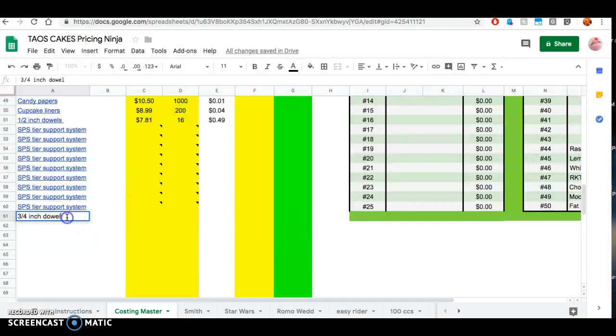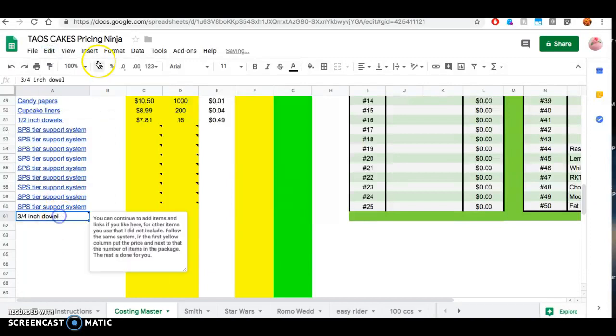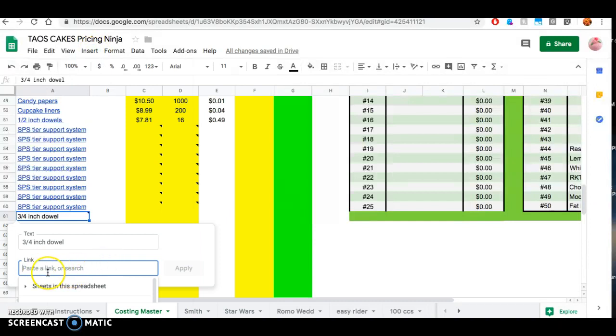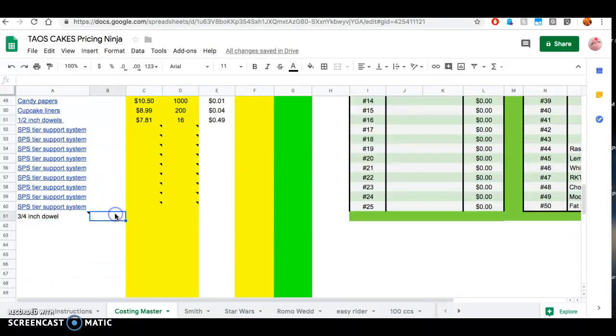If you want to add a link, you can find out the link to the location where you buy them, and you would put insert link. The link goes here, you paste it, and this is already written here, but you can change this if you want to change the title. Paste a link and then apply. So it's not going to let me apply because there's no link in there,